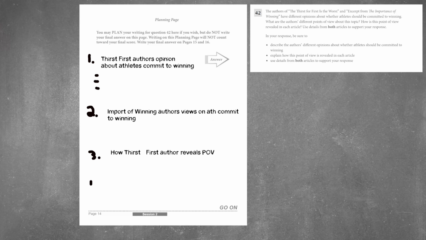That's number 3. And 4th will be how winning author reveals POV. This ability to separate out all the questions being asked will separate you from the other students who won't score a 3 or 4 on this question.